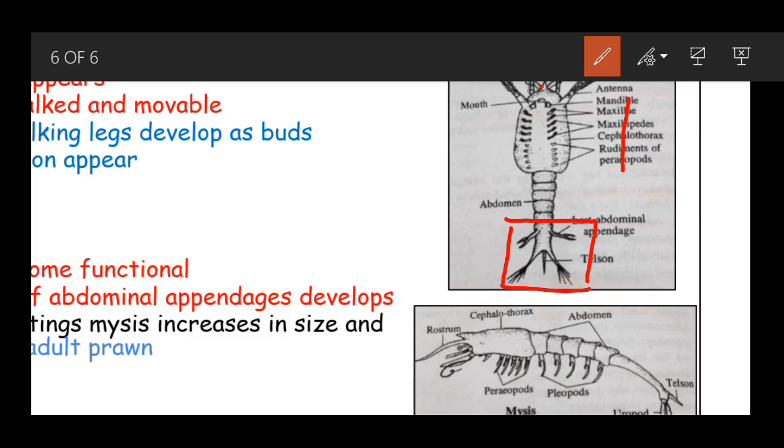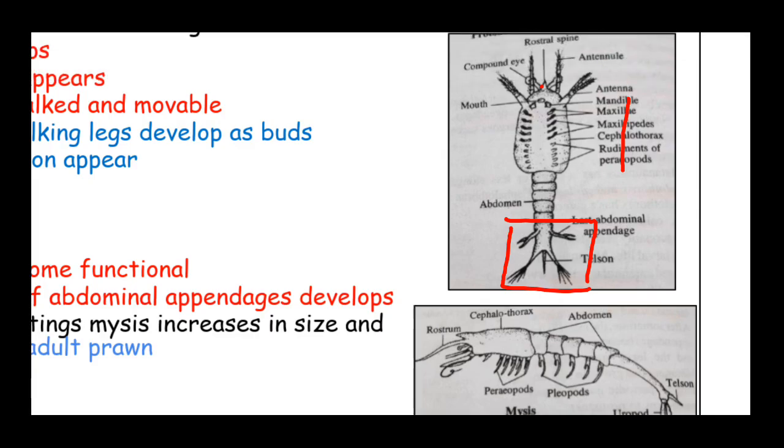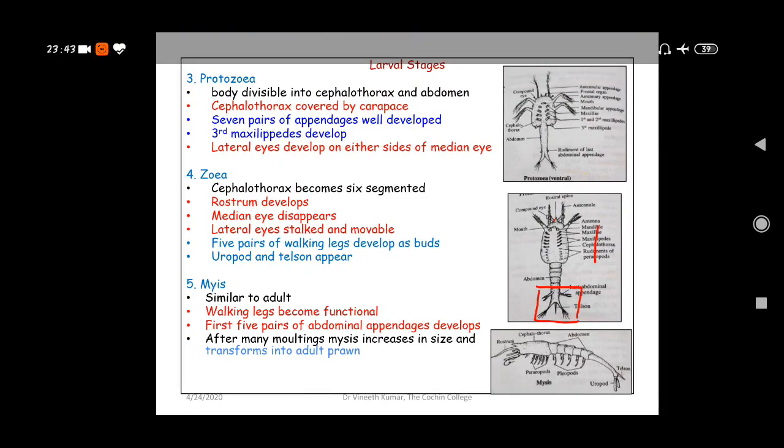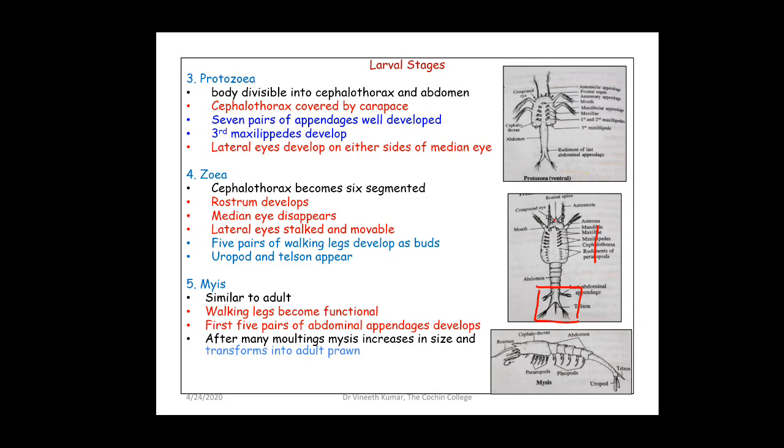So the main development in zoea is that both the cephalothorax as well as the abdominal segments appear. The rostrum is seen, the median eye is disappearing, and the lateral eyes become stalked and movable. And the appendage which is called the uropod, and the terminal plate which is called the telson, also appear. So these are the major changes that you see in this particular larva, which is called the zoea. Now gradually segmentation can be seen in the abdominal region also,